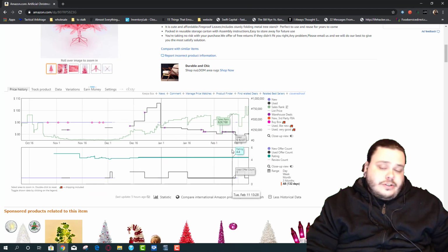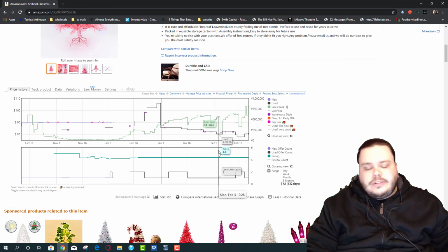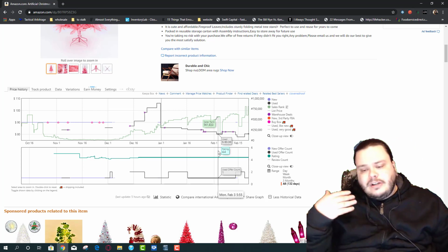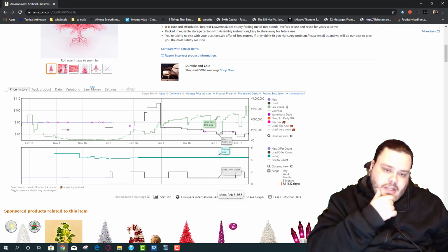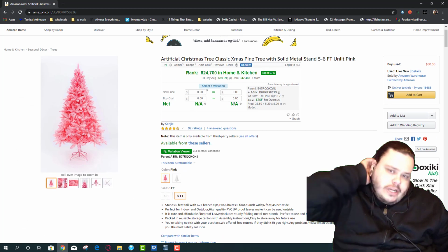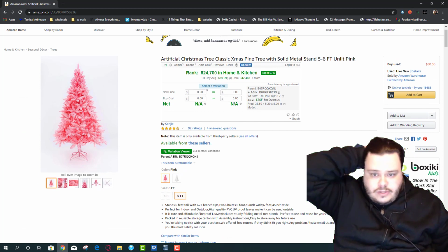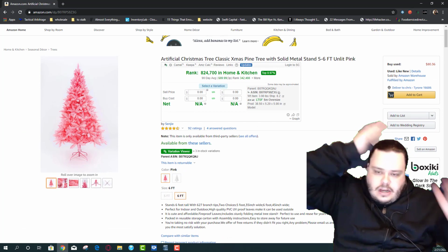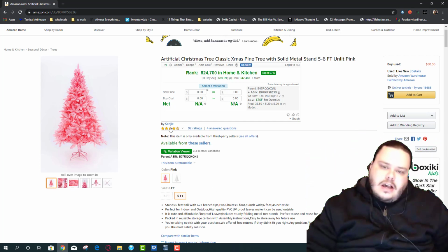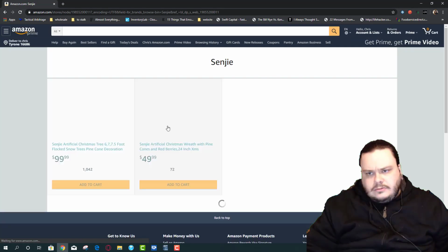But it's also out of stock right now, so you never know what's going to happen with that. They'll probably roll it into another Christmas tree listing next year, like they did last year. So we'll see how that goes. People that sell this kind of stuff are not going to treat these listings the way most people treat them. Let's see what else they sell.